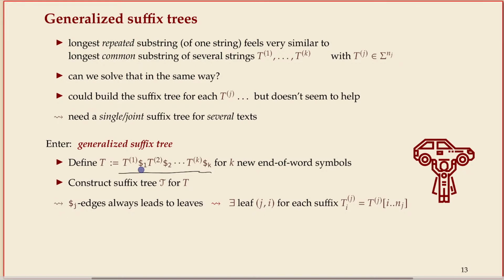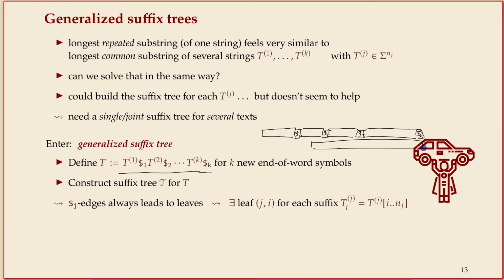The reason for these dollars is that if you take a suffix of this concatenation of all the strings, they can be of different length. That's fine. So here's my $1, $2, $3, and so on. Because these are all new symbols that don't occur anywhere else, if I take any suffix of this,